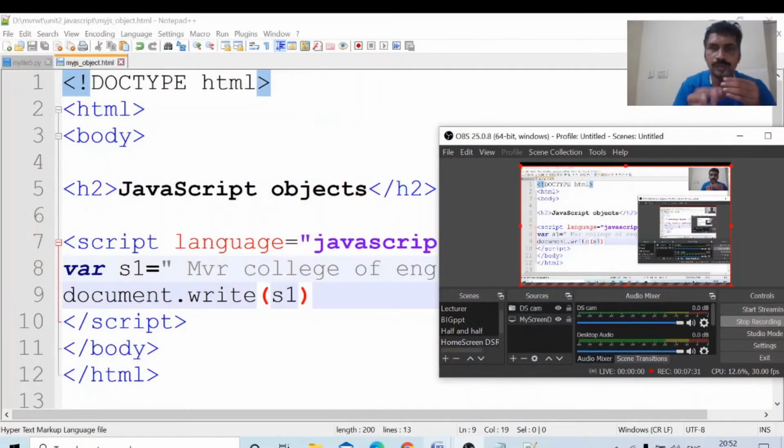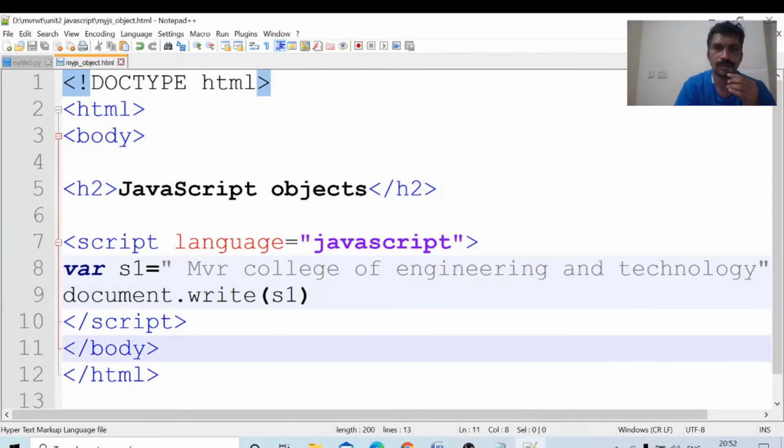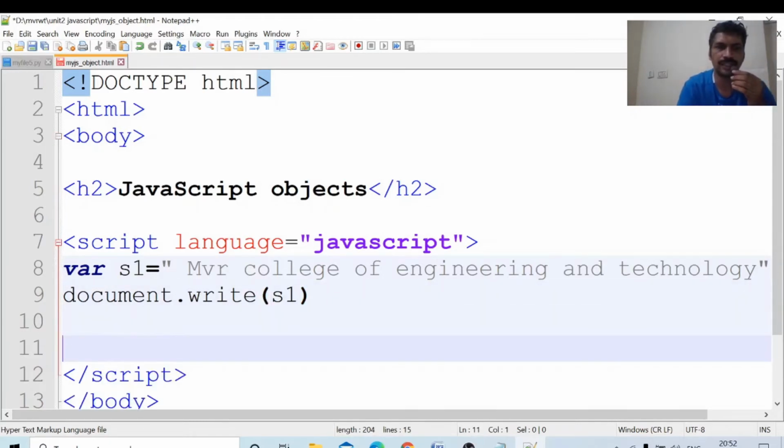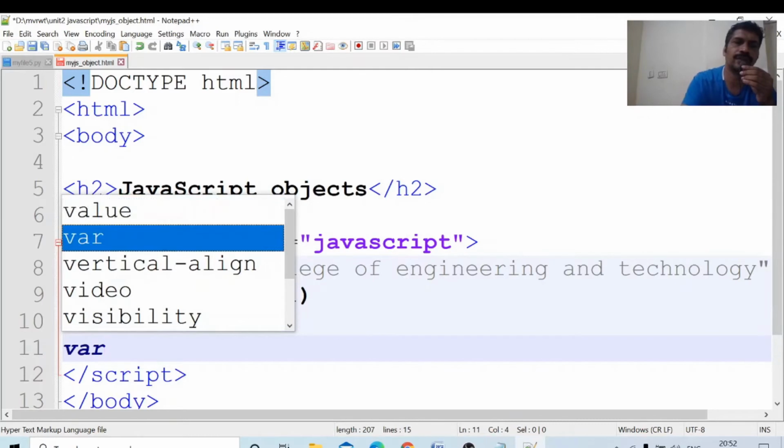Most of the time in JavaScript we are working with objects. Writing semicolons is optional; if you want, keep them, otherwise leave them, no problem. If multiple statements are on one line, we must place a semicolon at the end of each. MBR College of Engineering and Technology, write S1.